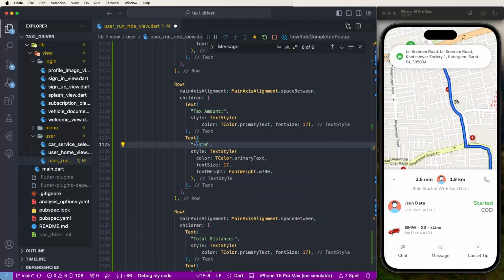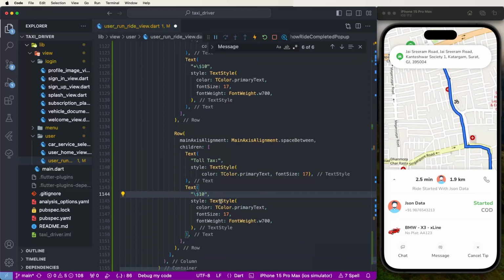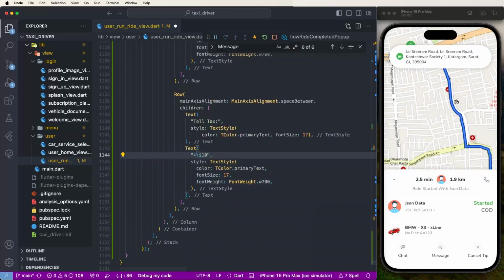After need to paste here the total amount, total text, and need to set here dollar slash 10 and to set here plus, like this, set here this value, and then after you need to